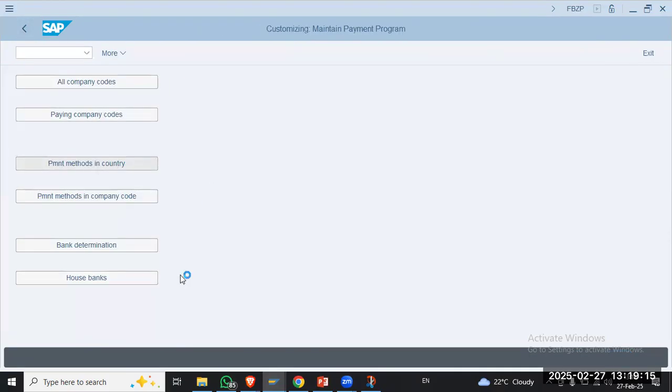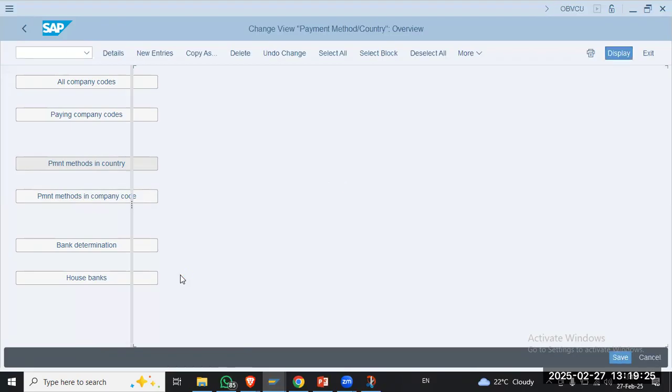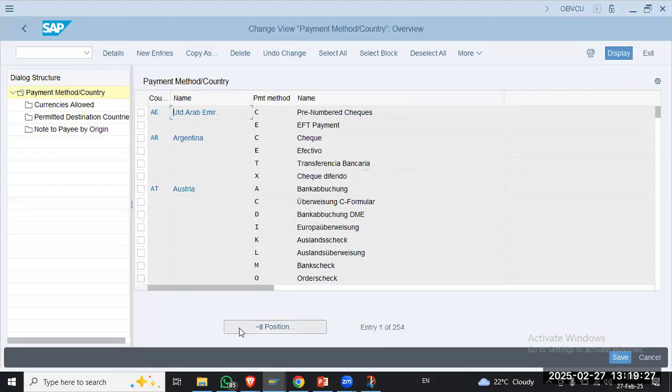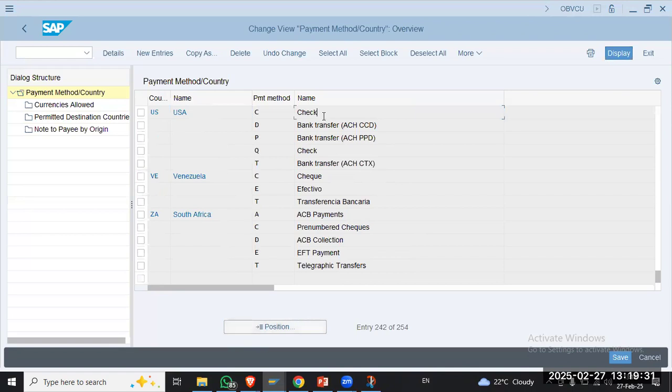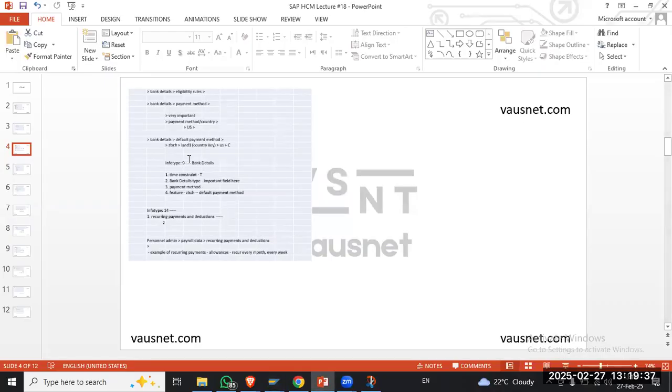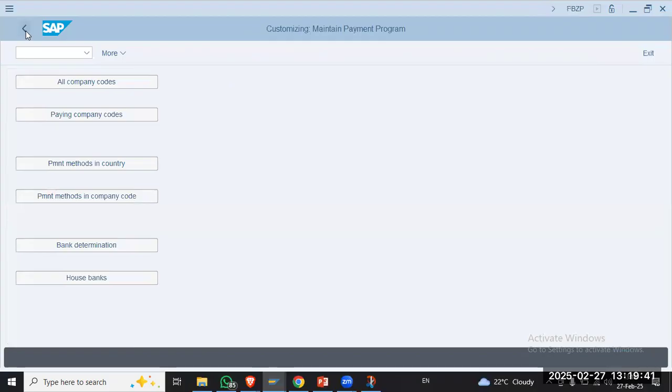Country. US. In US, we have check, bank transfer, and of course, we can add more as well. Okay, default payment method is also done,